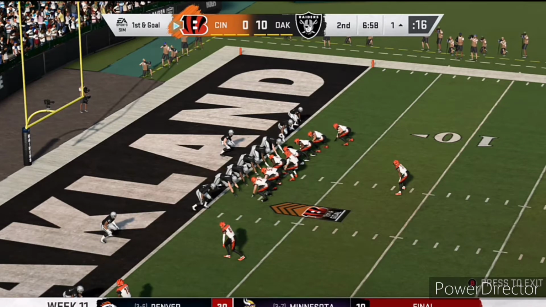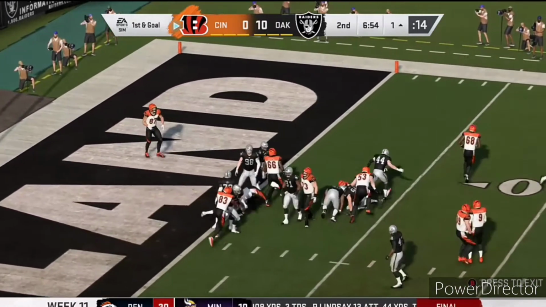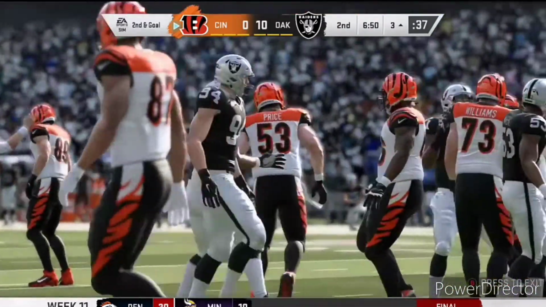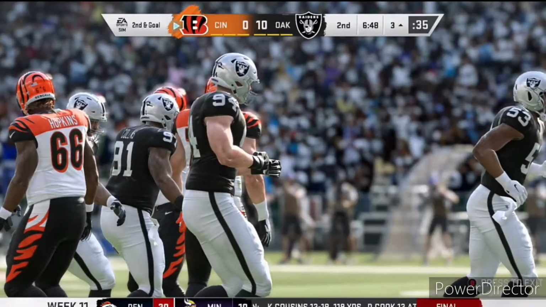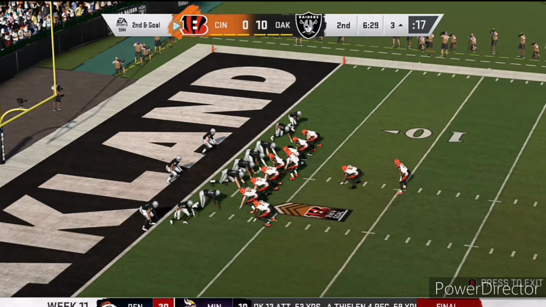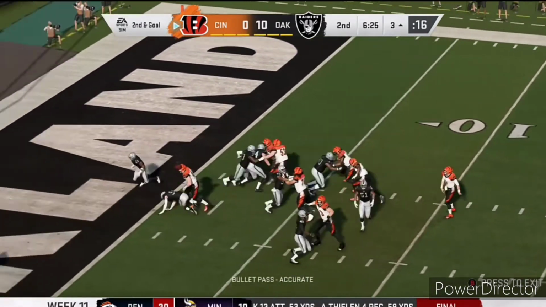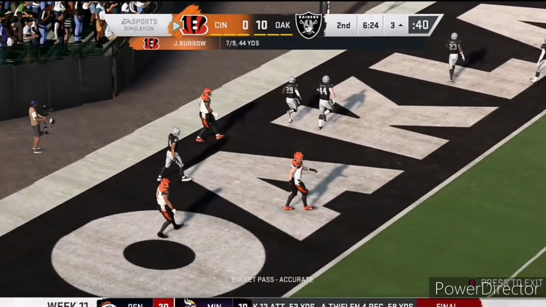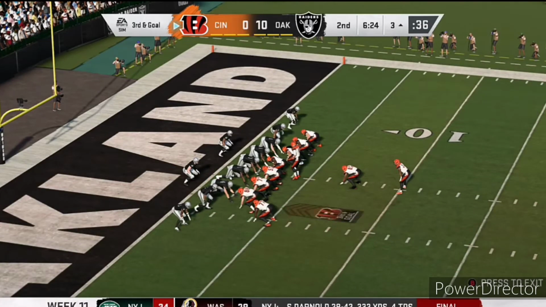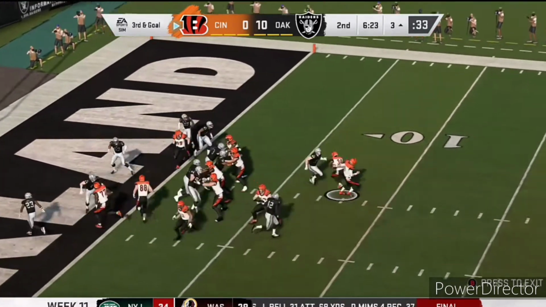Cincinnati ball as Burrow is under center. As he will hand off to Samaje Perine, who gets nowhere, stuffed in the backfield, and makes it 2nd and goal from the 3-yard line, as that will push them back 2 yards there, as Burrow will come out in the goal line and go play action and throws the ball, and it will be swatted away by Oakland there, I believe Jamal Agnew there, as they will come out in the same formation and do the same thing yet